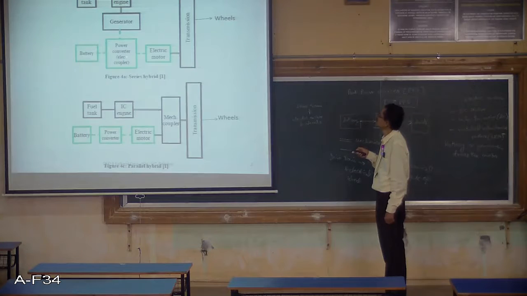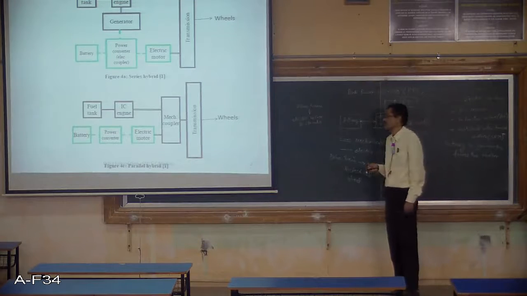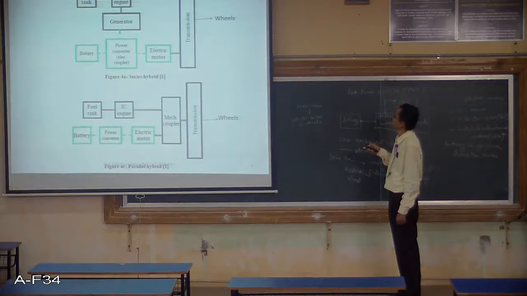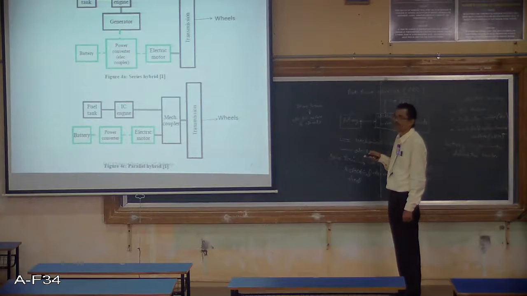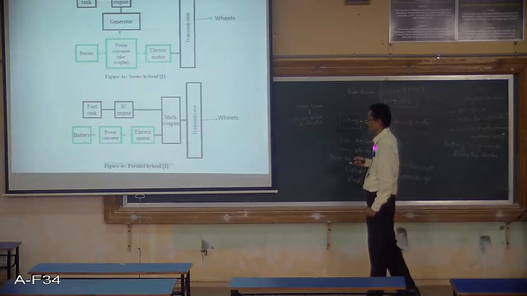Once the battery is charged, it can supply the power to the electric motor through the power converter. Here the power converter is not necessarily only one single block, it can have multiple blocks. When power flows from the generator to the power converter and to the battery, it can use a separate power converter. When the power flows from the battery to the electric motor in this direction, the power converter can have another mechanism of conversion of the power.